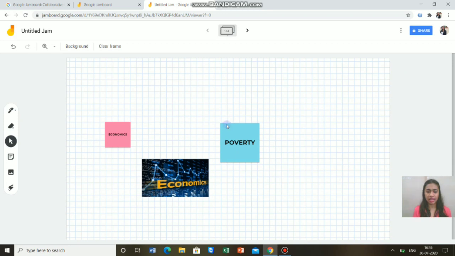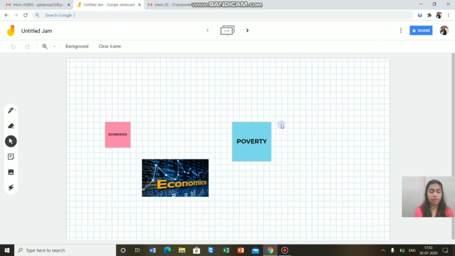Whoever your students are writing over here, you can see a pop-up, and on the right hand side you can see their names. So if you want to know who is writing what, which student is writing what, then you should select the email IDs. If you're not bothered about your students' names, then you can easily give them access with the link.